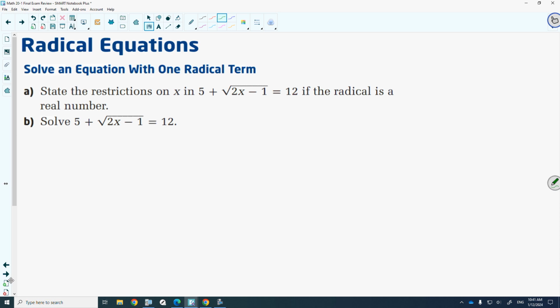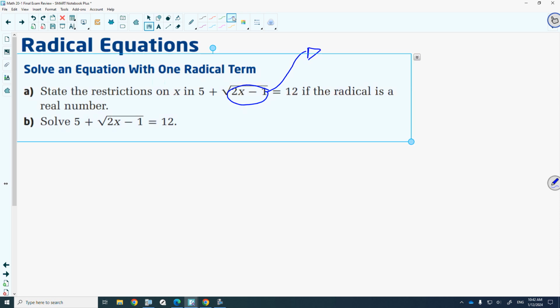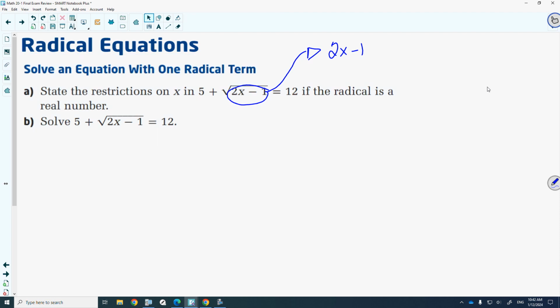Okay, let's talk about the restriction first. The restriction is you could never take the square root of a negative number. So for the restriction, you circle your radicand, and you always set your radicand, whatever radicand I give you, greater than or equal to 0, because you can never take the square root of a negative number. You are then going to solve for x. So 2x is greater than or equal to 1. X is greater than or equal to 1/2. This is what we call our restriction